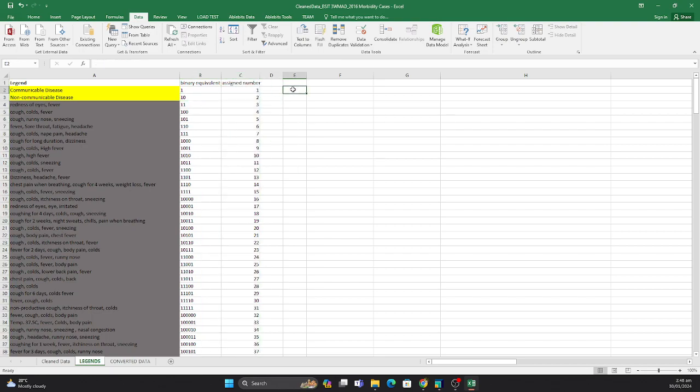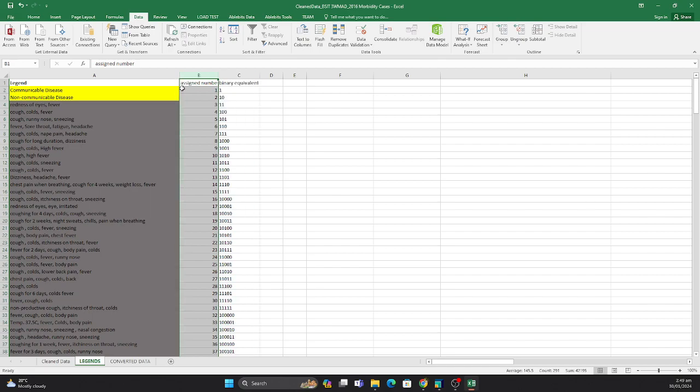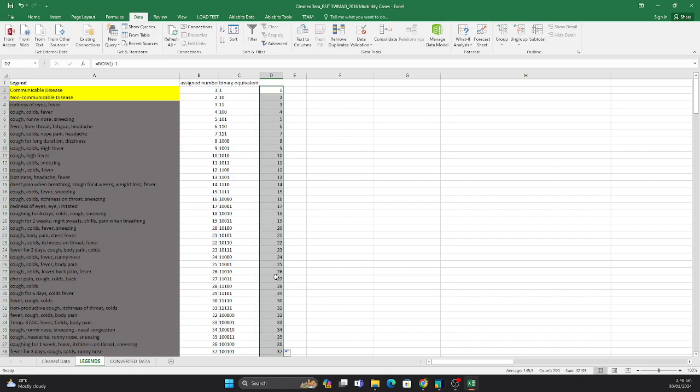Here, all I did was line up the assigned number column with the respective legends. And we will use the row function. In this case, we will type -1 so that it starts with 1. And if you quick fill it, it will be continuous.